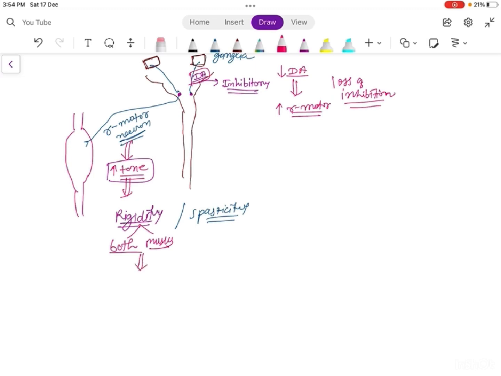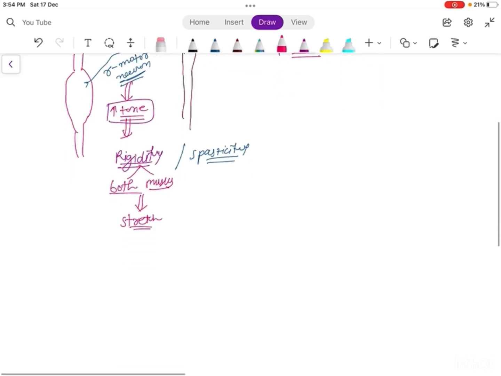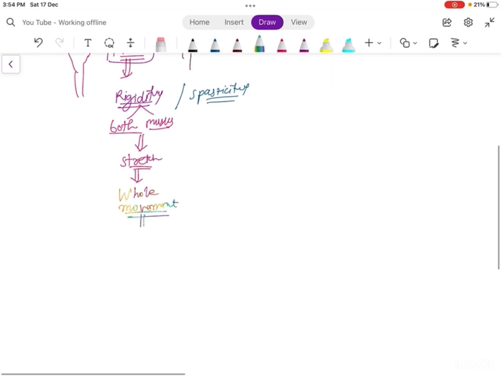So when you passively try to flex the muscle or extend the muscle, you will feel a resistance during the whole movement. Why? Because both muscles are hypertonic. So because of this, during the whole movement of muscle contraction, you will feel some resistance,